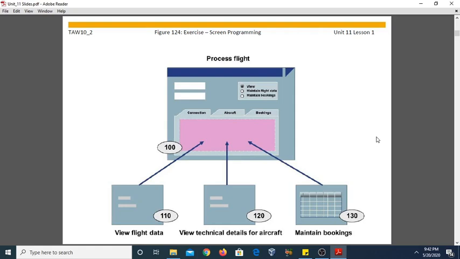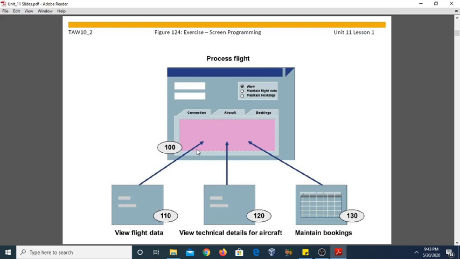Now you can see this figure is showing the screen programming example, as we created in the last unit, selection screens, in which we have assigned a selection screen to each of the tabs: connection, aircraft, and booking. You may call this a single transaction model, and this screen represents a particular screen number.